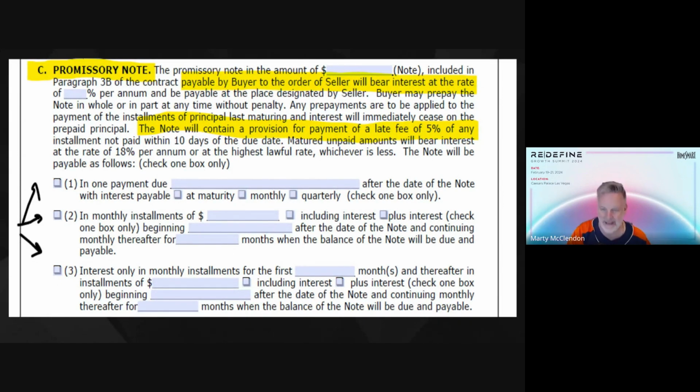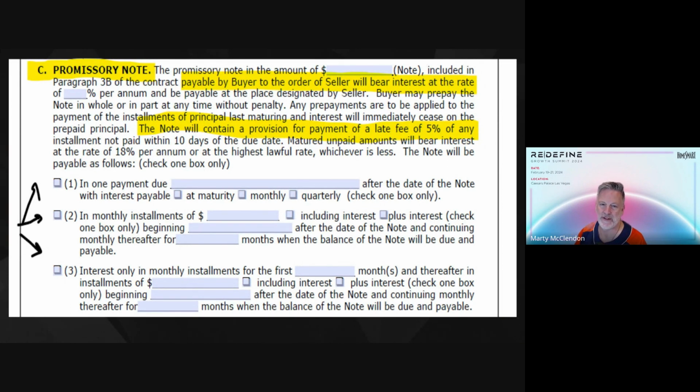They promise to pay according to those terms. The deed is what's recorded to give them ownership, right? The promissory note is tied to the deed, which is the ownership vehicle that spells out these things as well. So you need both of them in conjunction, and both of those are prepared by title or an attorney or whatever. But what we're doing is establishing the terms of both right here. And there are lots of choices. So the first thing is the promissory note in the amount of blank included in paragraph 3B of the contract,